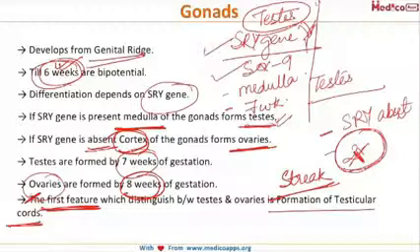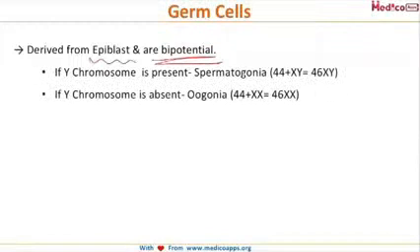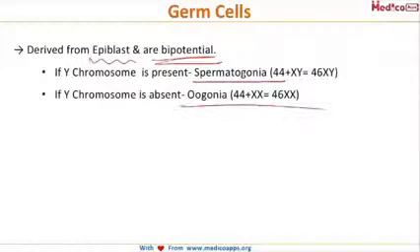Likewise, if this Y chromosome is absent, so the SRY gene will be absent, and both the X chromosomes are present, and RSPO1 and WNT4 genes are present, then at 8 weeks of gestation, the cortex of these gonads develop into ovaries. Now about the germ cells. These germ cells are derived from the epiblast and they are again bipotential. And as we know, if the Y chromosome is present along with its SRY gene, then these germ cells differentiate into spermatogonia, and if this Y chromosome is absent, then they will develop into oogonia. Now, this is all about